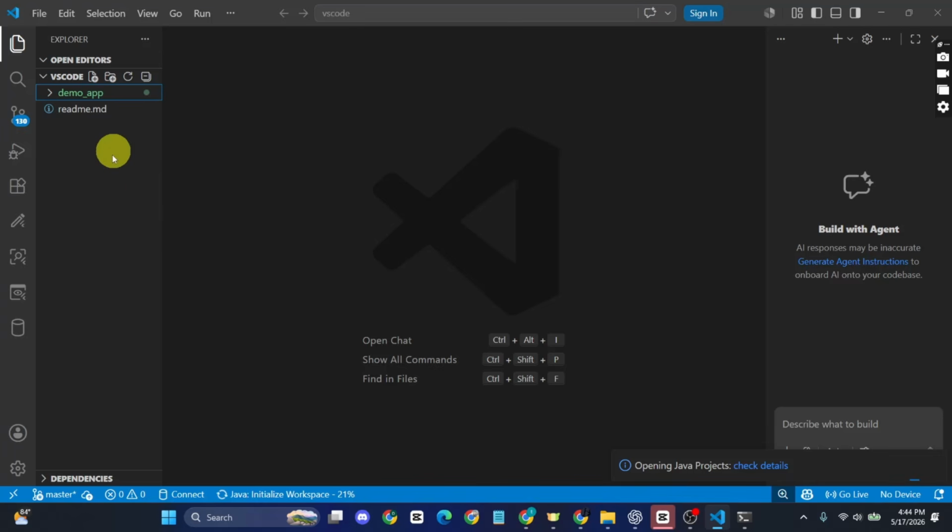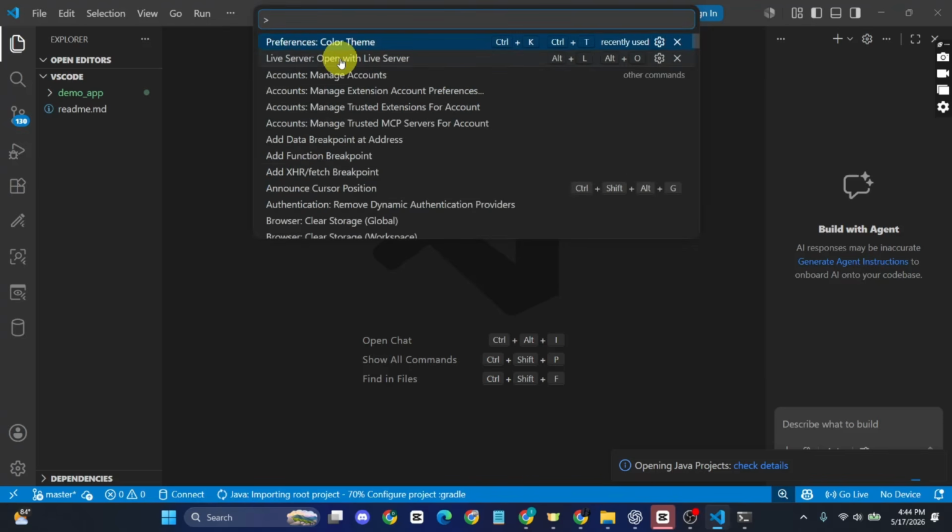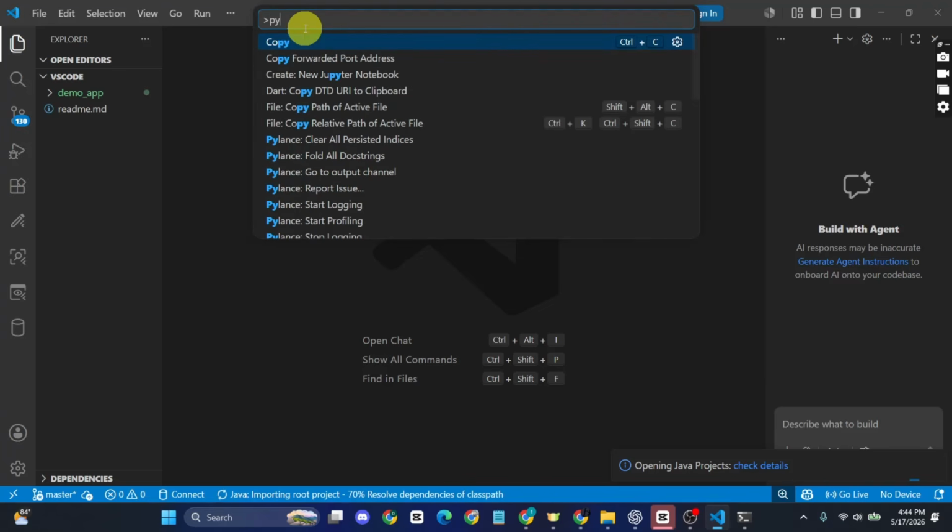Once the folder is open, the next step is to create a virtual environment. This keeps all your project dependencies separate and organized. Inside VS Code, open the command palette. So go to your search bar and click on show and run commands. And now here, type Python